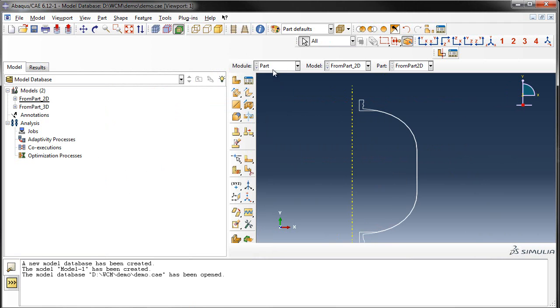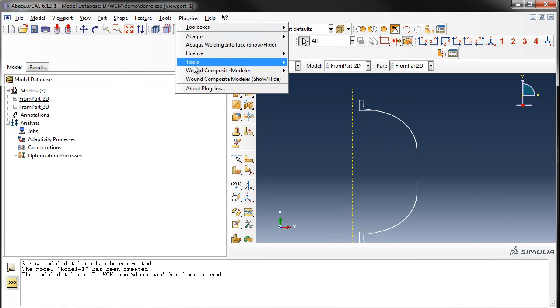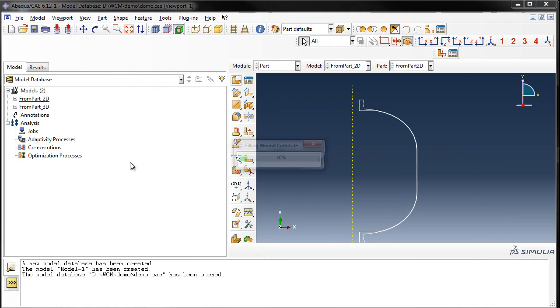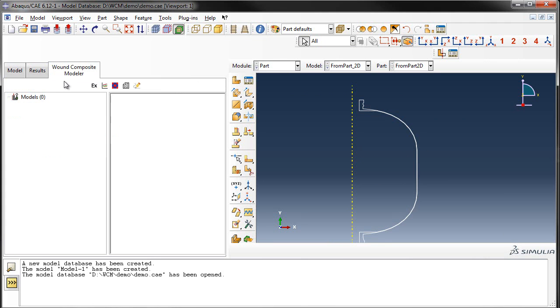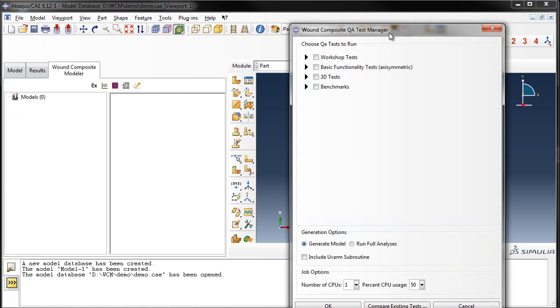Alright, so the first thing I'm going to do is open up the plugin. We're going to go down to Wound Composite Modeler, and you'll notice that an extra tab gets created over here. So the usual tabs are Model and Results, and now we see this Wound Composite Modeler. Now the first thing we see are some icons up top. The first one is an examples